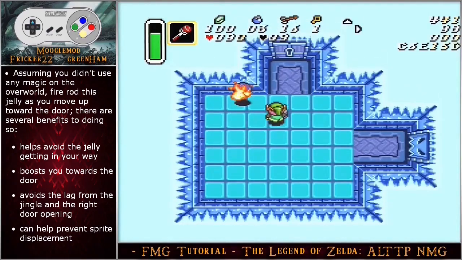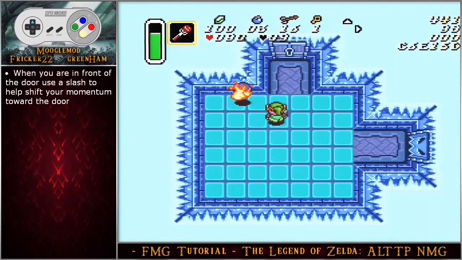There are several benefits to doing so. This helps avoid the jelly if it gets in your way. It boosts you towards the door. It avoids the lag from the jingle and the right door opening. And it can also prevent sprite despawn if you kill all three jellies at the same time while you enter the stairs. When you are in front of the door, use a slash to help shift your momentum toward the